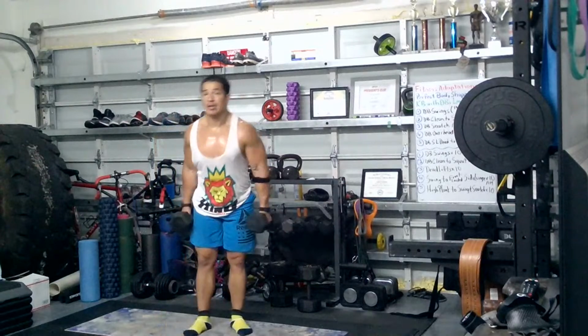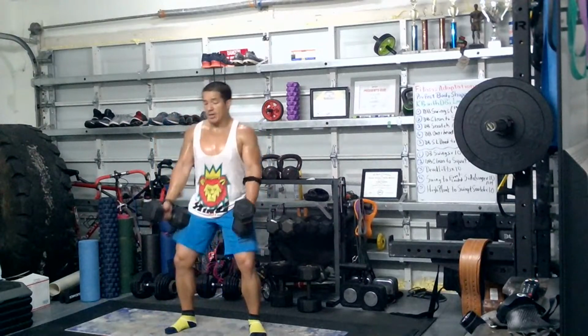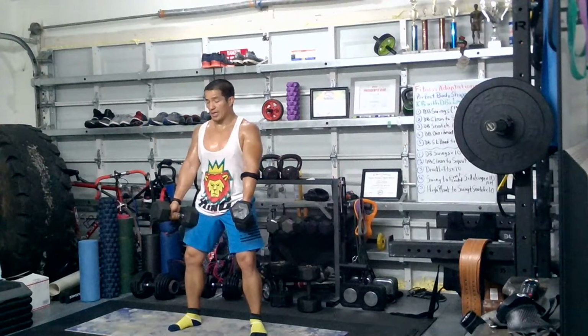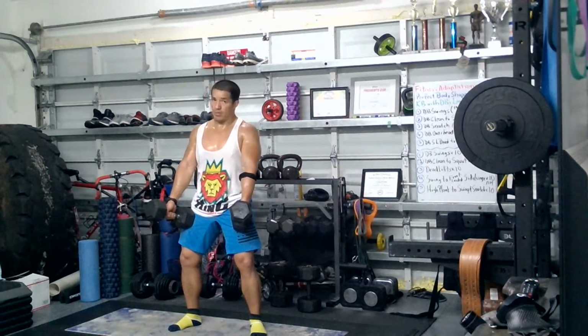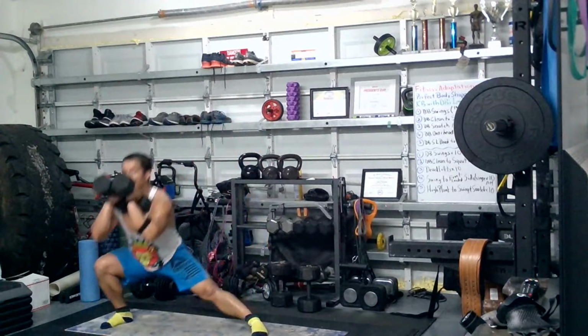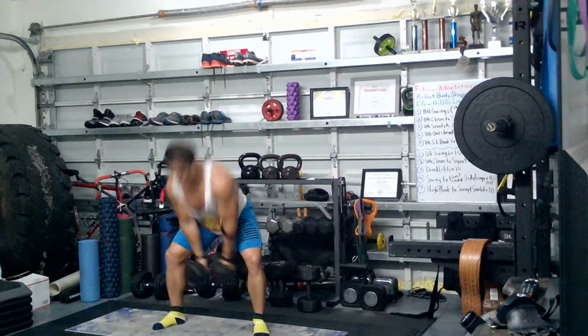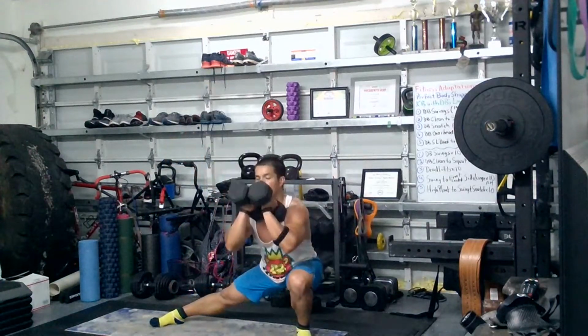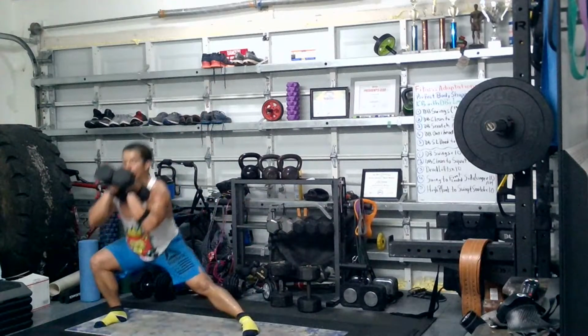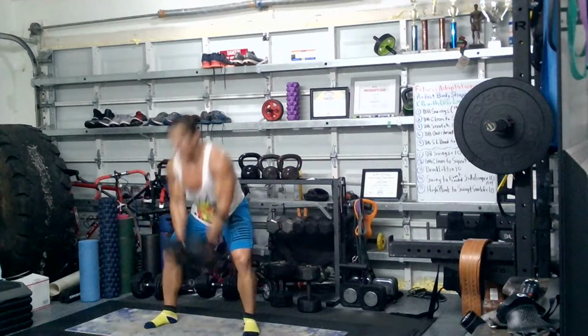So swings to front loaded side lunge. Start from this position, right? From the basic swing position. And we're gonna hinge and go. Front load, side lunge, that's 1. Swing, front load, that's 2. Front load, that's 3. Front load,